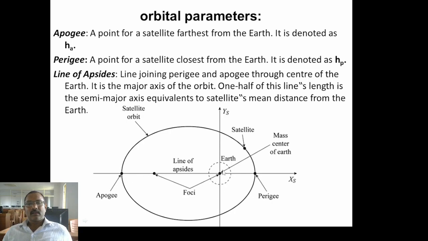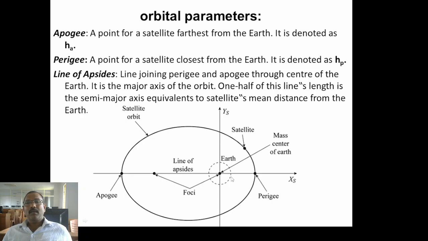So this is the Earth, and it is the mass center of the Earth, or the center of the Earth. Apogee is the point for a satellite far away from the Earth, and it is denoted as HA. Next is perigee, the point for a satellite closest to the Earth. At this point the satellite will be close to the Earth, and it is denoted as HP. Next parameter is the line of apsides. It is a line joining